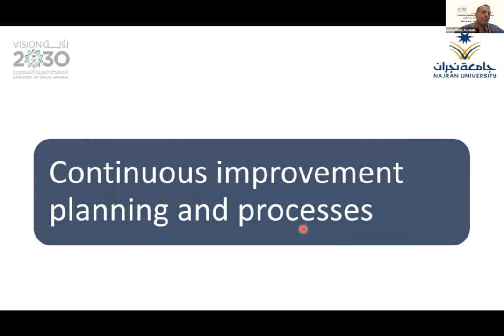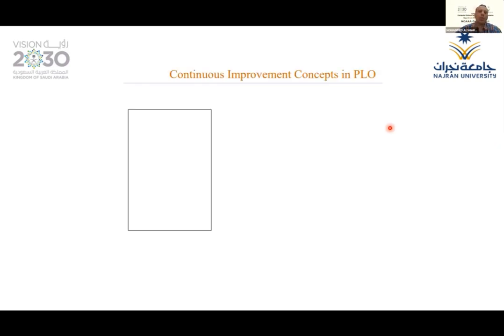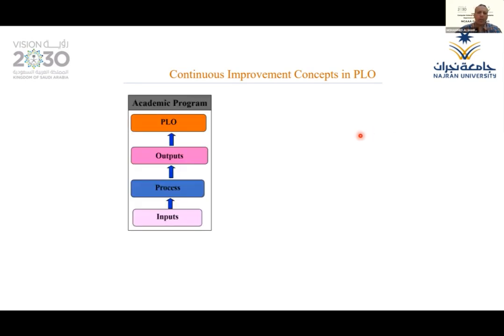Okay, that one was about the first topic in session 3. The second topic in session 3 is talking about the most important things, as we said during the introductory session or the first session, about continuous improvement planning and process. They would like to see how you implement continuous improvement at different levels. Here they are mainly focusing on learning outcomes continuous improvement. So we have very simple concepts. We have it everywhere in our program.